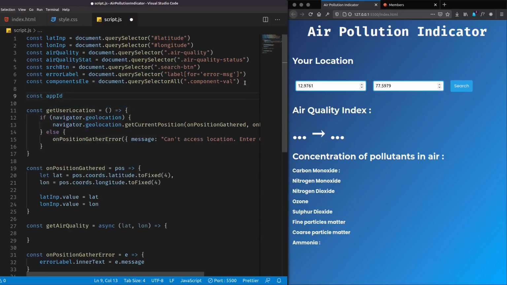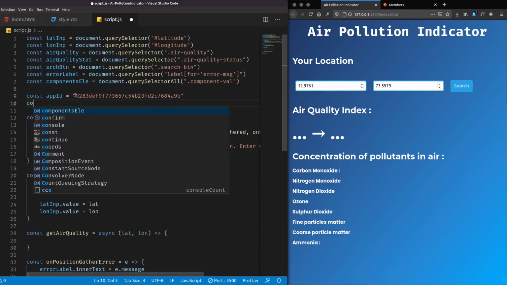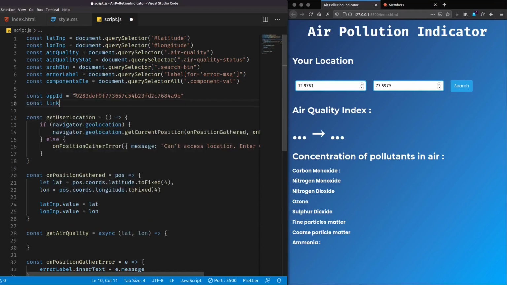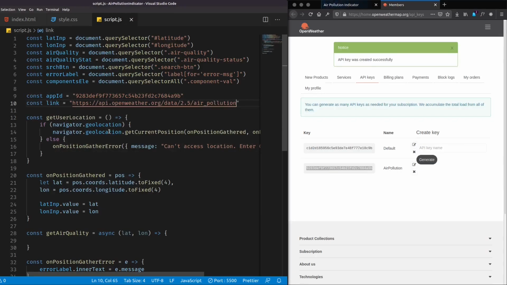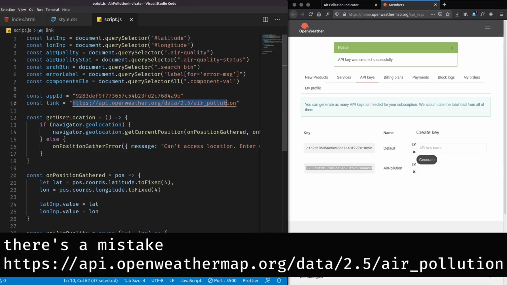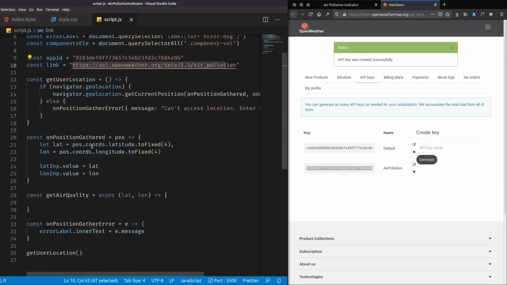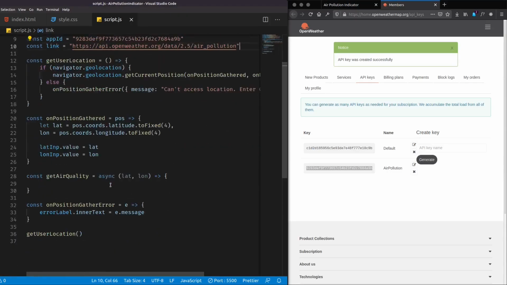First of all, the app ID, which I get over here, and the API endpoint. This link over here, api.openweather.org/data/2.5/air_pollution. And for that we need to add our queries, that is latitude and our longitude and our app ID. So let's fetch this data.